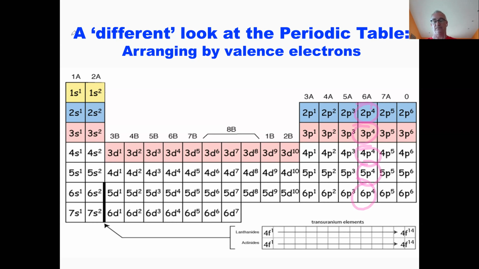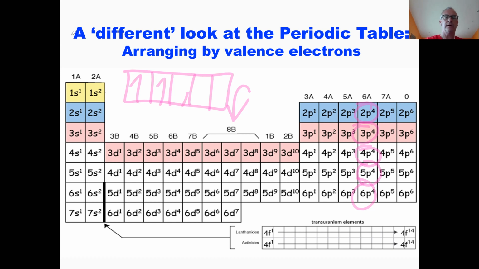Yes. Why are there 3 columns for 8b? Because we'll learn a little bit later that when we're filling up the D subshells, a half-filled D subshell, 1, 2, 3, 4, 5, 1, 2, 3, 4, 5, is a stable configuration. And when you're filling up the D subshell, sometimes you will fill up the D subshell halfway and then start adding electrons to P